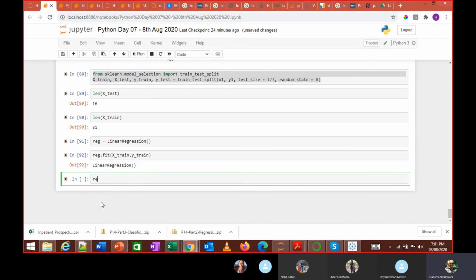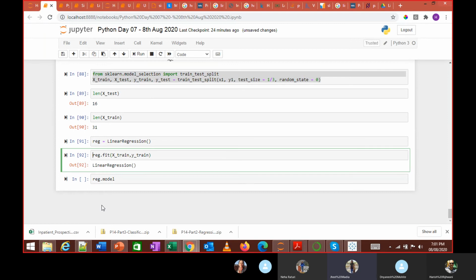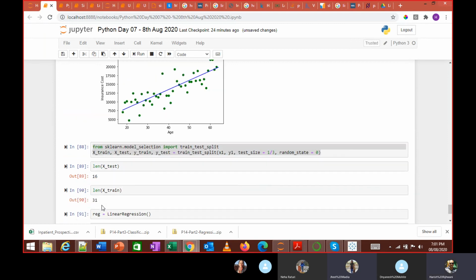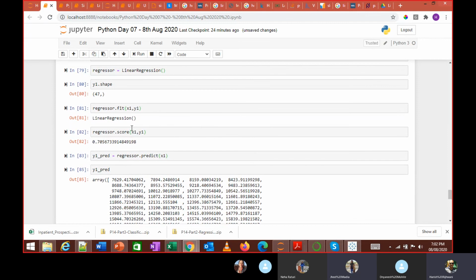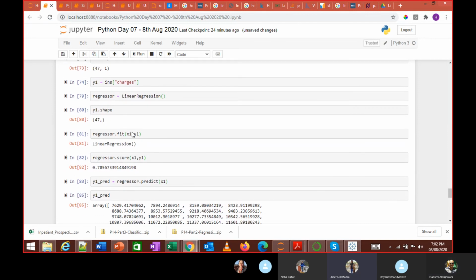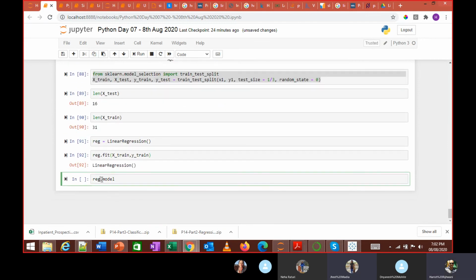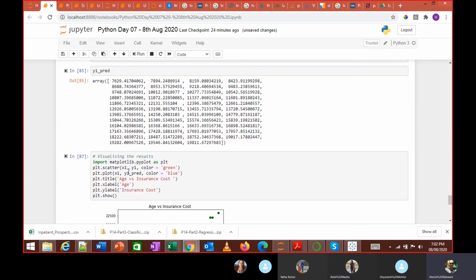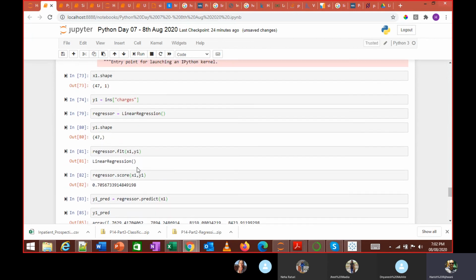And if I want to check this r square value, reg dot... it's model dot score, or reg dot score, right? I don't know. One minute. Reg dot score. Yes.